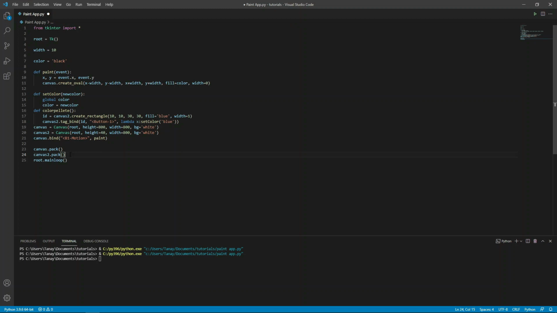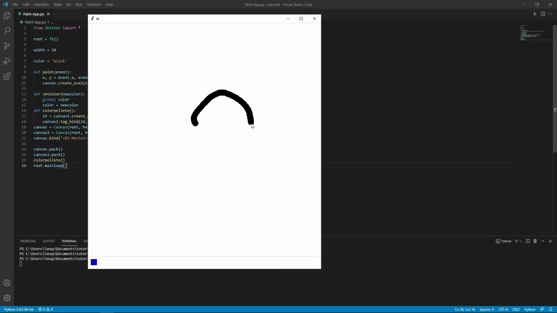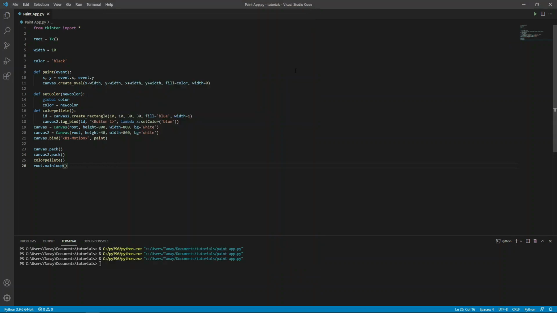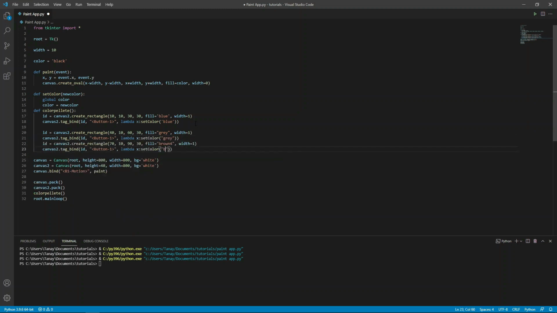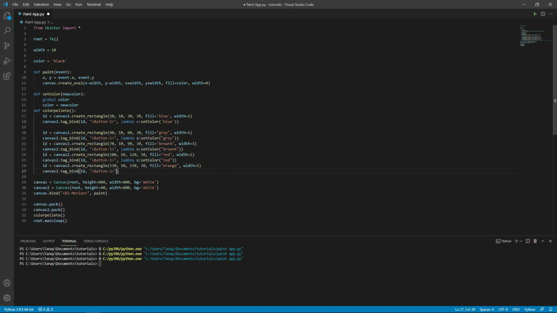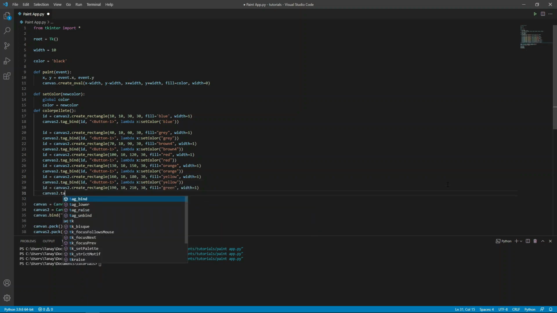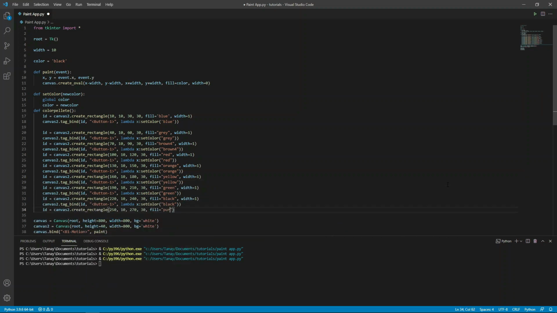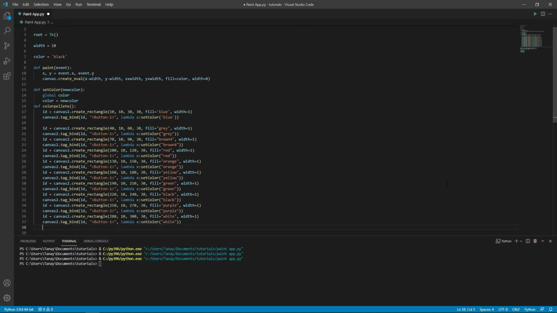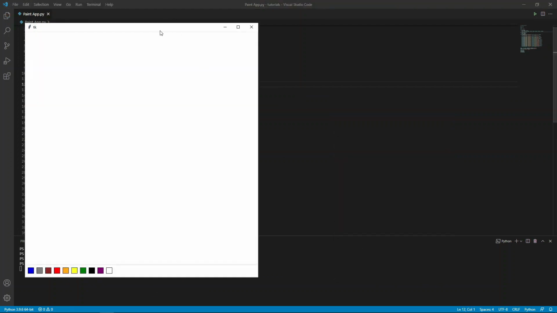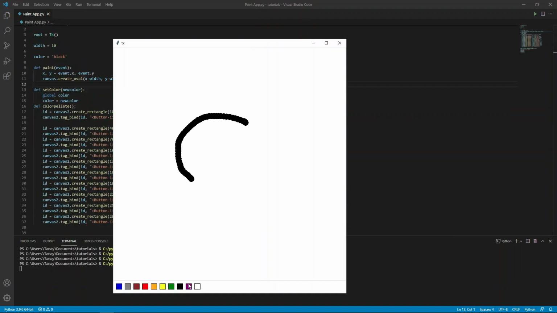So let's call the function color palette. Now we can draw in two different colors, blue and black. Let's add more colors to it. Now we have added more colors to it.